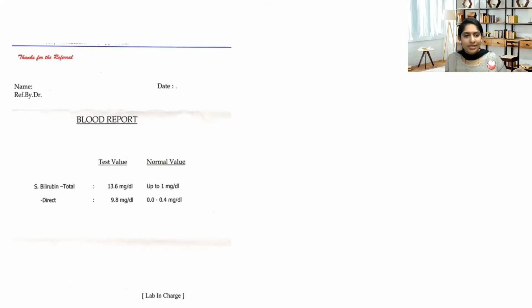For example, I'll give you 2 reports. See, this is the first report. It's a very simple report. Okay, fine. It has the normal value. It has the name. It has the date and all. But this isn't very attractive, and you don't know whether this is a standardized lab or not. I don't know whether patients will come again to this laboratory. Maybe they'll think that it is very reduced cost and maybe the standard is not maintained.